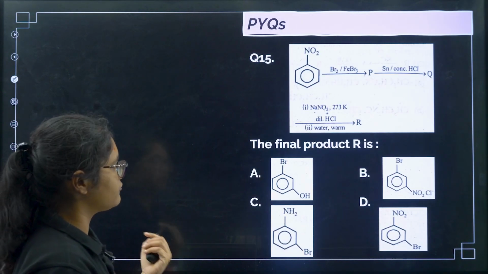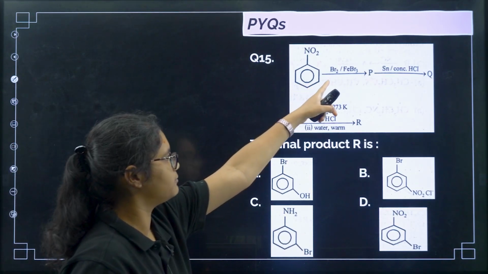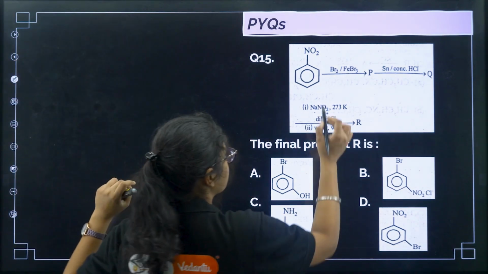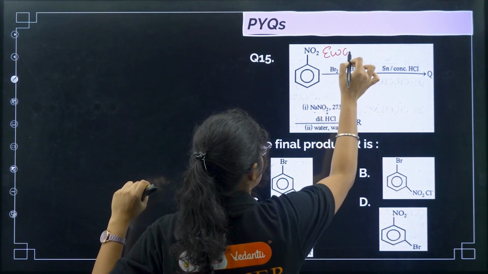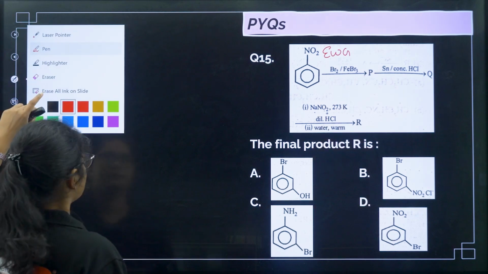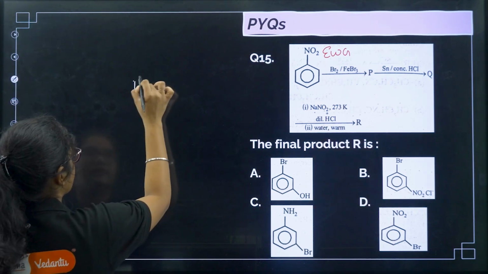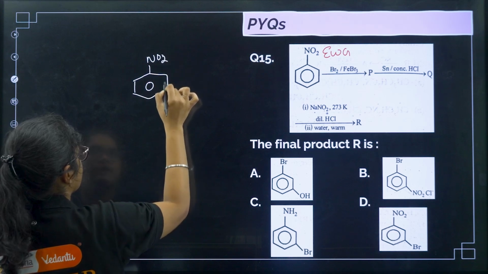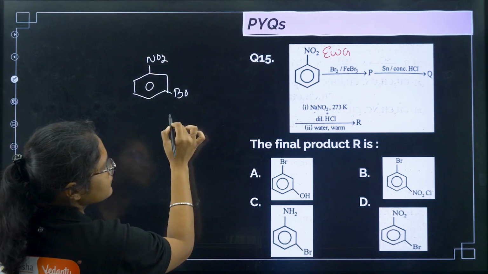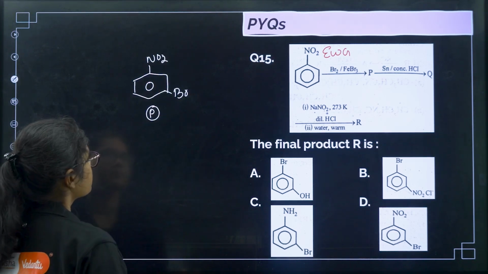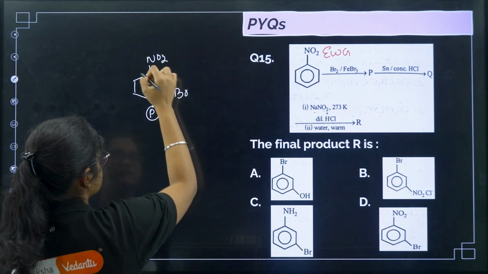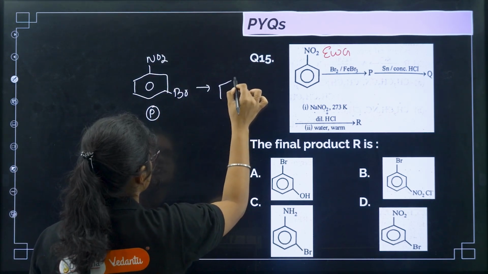Okay, next question, you have to find the product. First, NO2, Br2, FeBr3. So if you remember, NO2 is what? It is an electron withdrawing group. So where will the position of Br be? At the meta position. So I'll get like this. We have NO2 and then we have Br. This is option P. After that you are doing Sn and concentrated HCl. So this is reduction of nitro compounds. So this one will give you